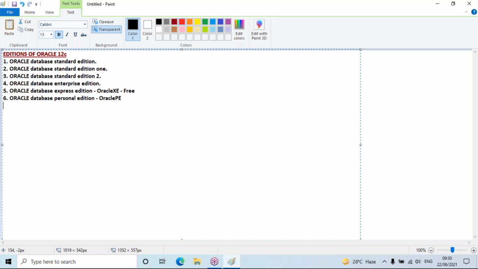Okay. Now coming to something important, which is about hardware and software requirements for Oracle 12c. That includes everything. OS, everything will be covered. And make this point very clear, please.